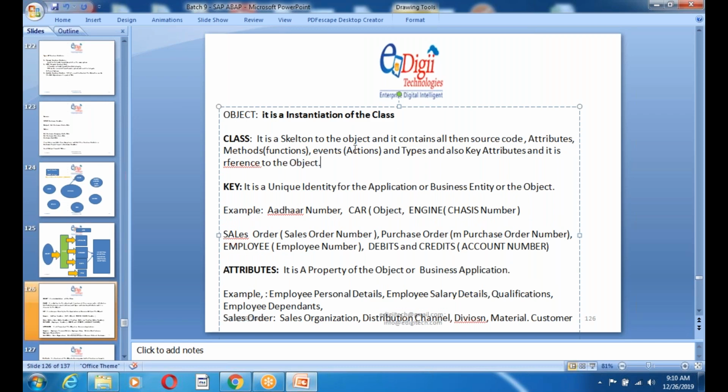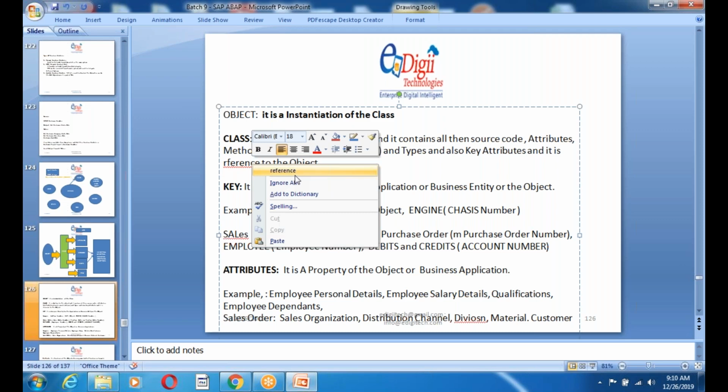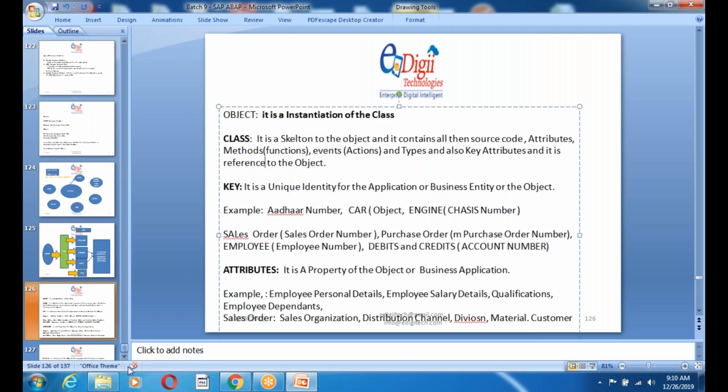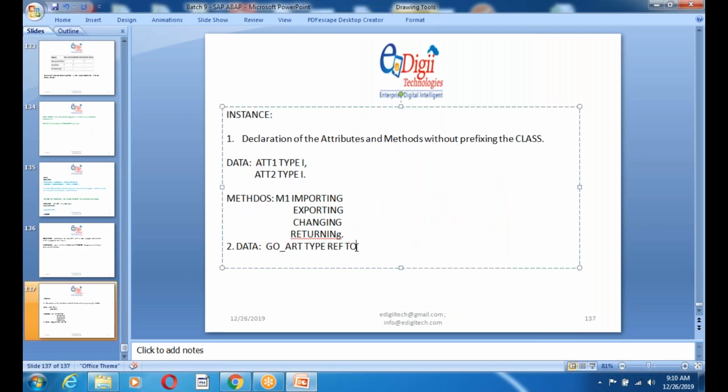It is in reference to the object case. So here I am going to provide a reference. I am going to define an object type ref2, maybe my class name, whatever the class it is. Here I am going to declare a data object for your object, and then you need to instantiate the object. The third step is you need to instantiate